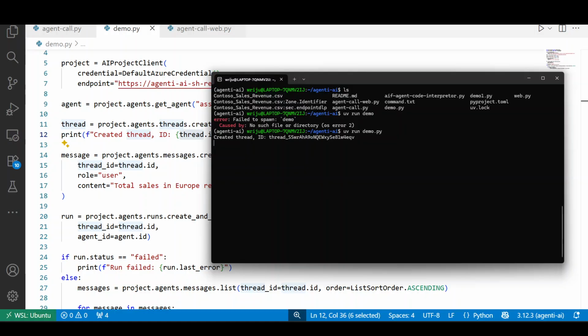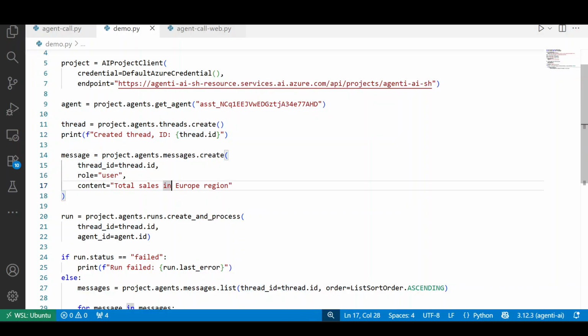I'm not asking this prompt. It's going to go ahead and get you the total number 1199207. If you ask the same question in the playground, you get the same answer. So if you want to really cross verify whether it is giving you the answer from the same data source,